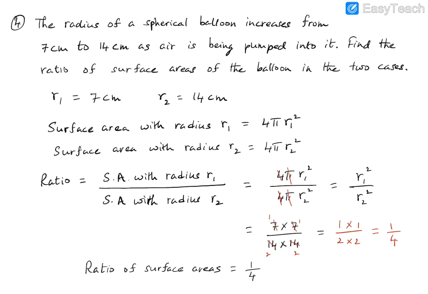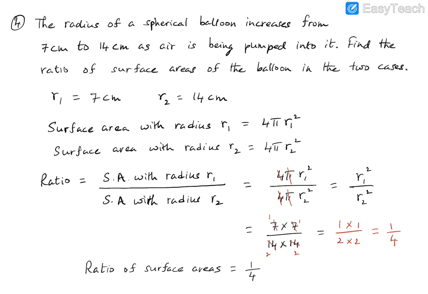Had we computed the surface area by substituting the value of r1 here, we would have got 4 pi into 7 square. That would have given us an answer of 616 centimeters square. Similarly, for the radius r2, the surface area would be 4 pi into 14 square, and that would have given us a value of 2464. And then if we take the ratios, 616 divided by 2464, that will give us the same answer, 1